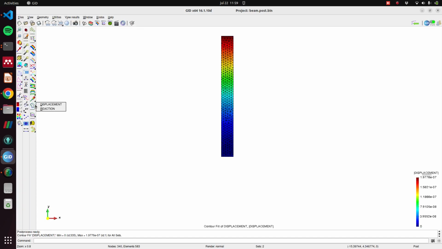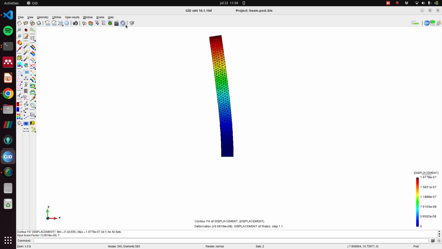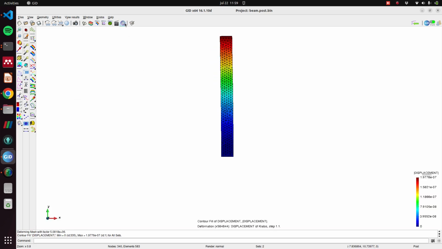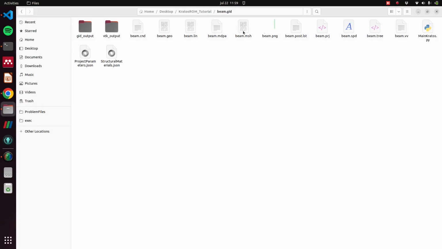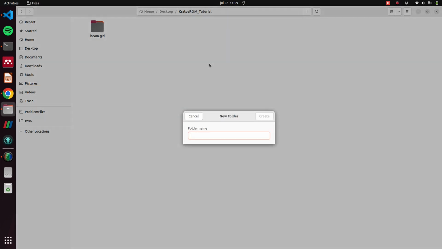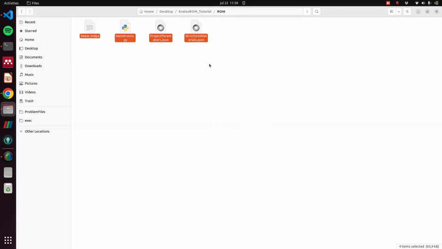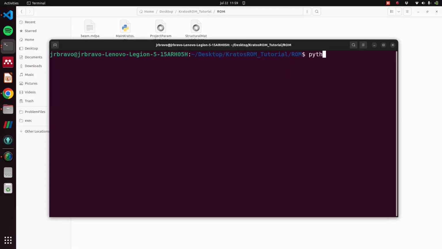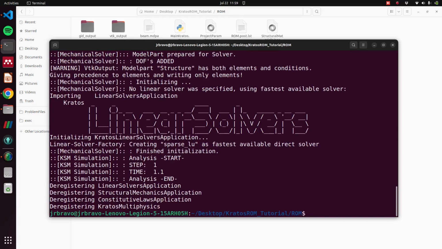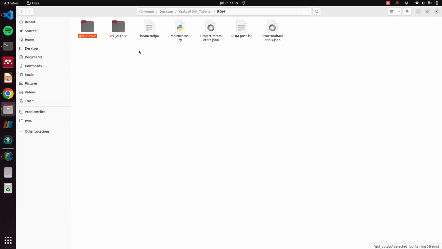So as you can see, it does indeed solve the simulation, but let us just copy our two JSONs, the Python and the MDPA. We're going to copy it in a new folder called ROM, and this is all we need, so we can test that. From here we can also do Python 3 main Kratos.py. It again solves the problem, and here in the GID output we can